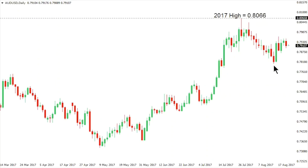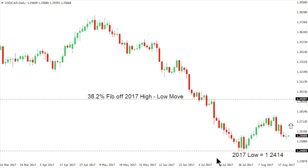That will be confirmed, of course, on a break back below the low that we had seen on the 15th of August, which comes in around 78.08. A break below there would confirm the lower top and open the door for the next downside extension towards the 76 area. Dollar CAD. So dollar CAD has seen some setbacks over the past several sessions, but overall this is